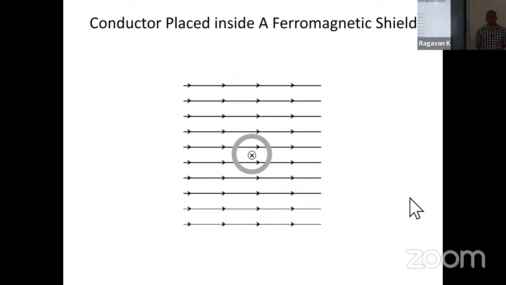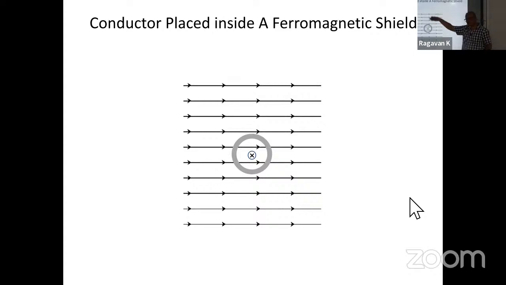Minimum energy. Yes. So if the field were taking the high reluctance path, it has more energy, right? It's like half B square by mu, where mu is equal to mu r into mu naught. So if some of the field takes this path, it's completing its path with a lesser amount of energy, right? There's some field line there. If it has to come all this way, there is a trade-off.